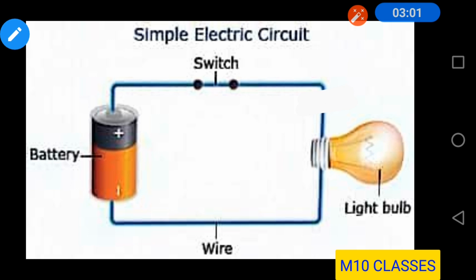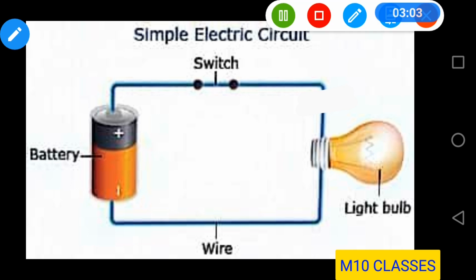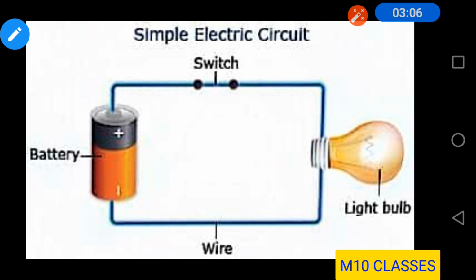Now what about the conducting path? Let us say I cut this wire at one place and place a wooden block here. Now, as you know, the wooden block is an insulator and will not be able to conduct electricity. Even if the circuit is closed, this wooden block will not allow the electric current to flow, and that's why the bulb will not glow. So that is why we require a closed, continuous and conducting path for the flow of electric current.